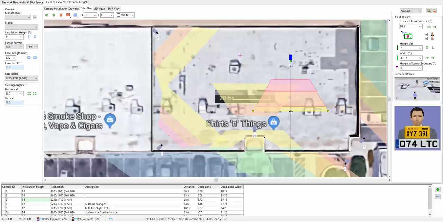So if you had one camera mounted at the ceiling at 14 feet high, at 4 megapixels, this is giving you a width of approximately, let's see,